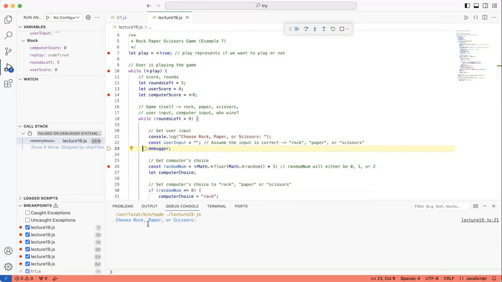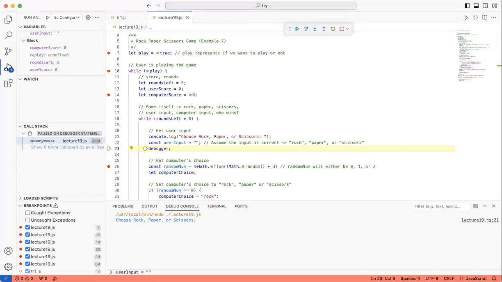And if you see in the debugging console, it's asking if we want to choose rock, paper, or scissors. So what do we do over here? We have to keep in mind what the name of the variable is. In this case, what's the name of the variable? Everyone, user input, correct? So let's try this out. User input is equal to, so we are essentially assigning the value to it.